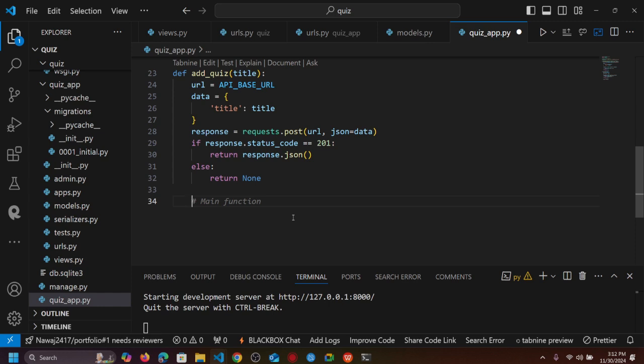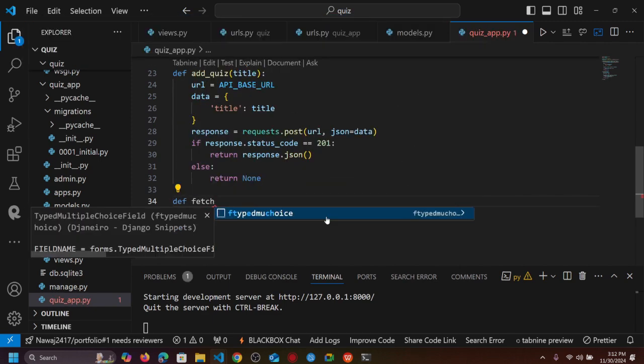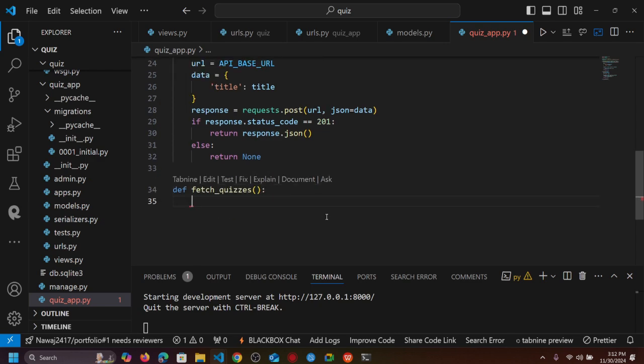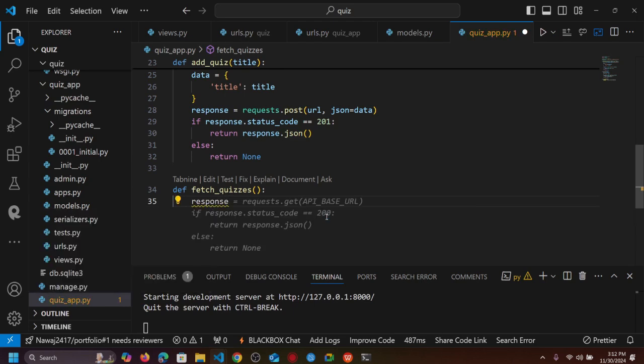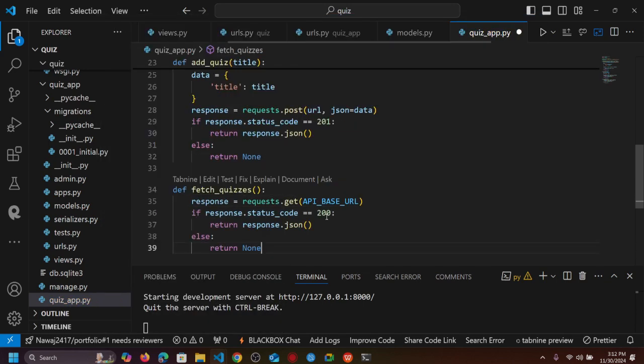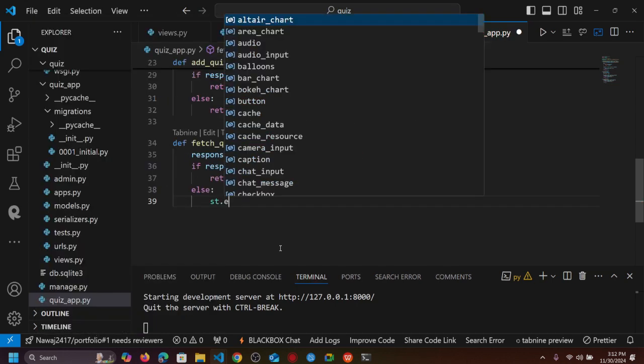Now we also need to fetch all the quizzes. So for it, let's define another function here, def fetch_quizzes, and response equal to requests.get API base URL, and if response status code equal to 200, then it must return our JSON, otherwise let's print the message st.error,